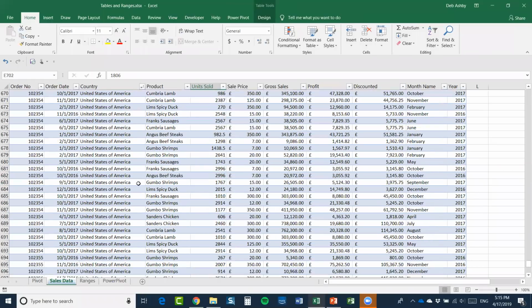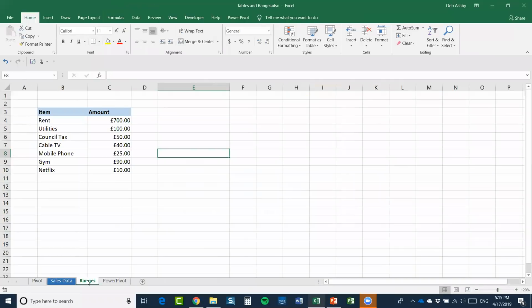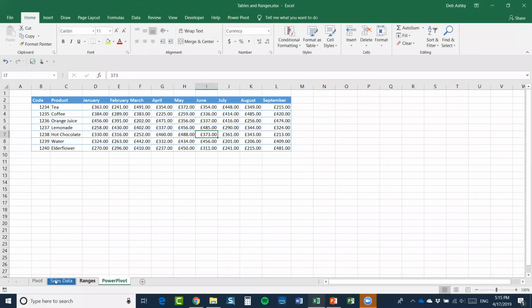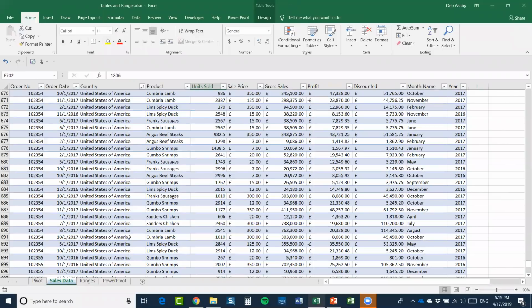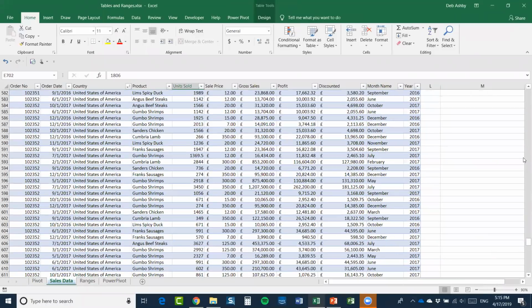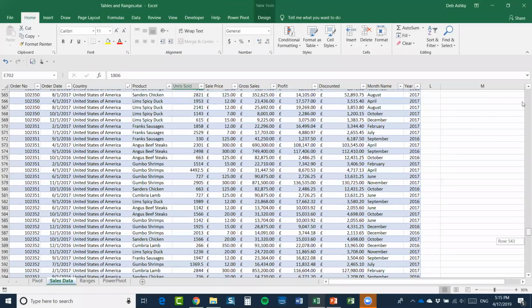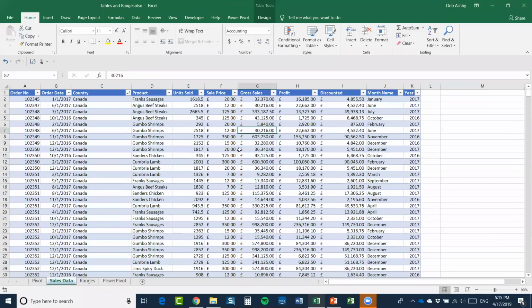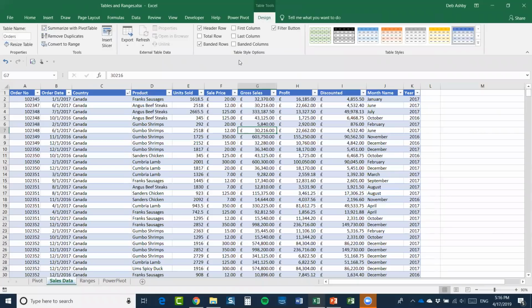Lovely. All right, let's talk about something slightly different now. If I go back to my sales data, one thing to remember with this as well is that you do have some other really nice utilities. So on the Table Tools design ribbon, in this little tools group, we've looked at how you can add a pivot table. We've looked at remove duplicates. I'm going to come back to convert to range in a moment, but you also have the option to insert